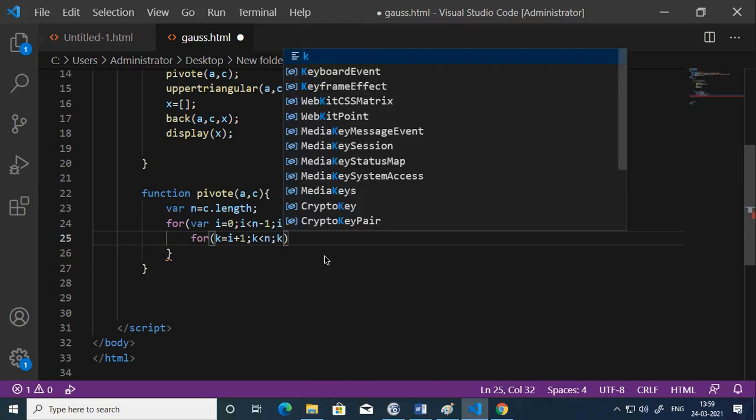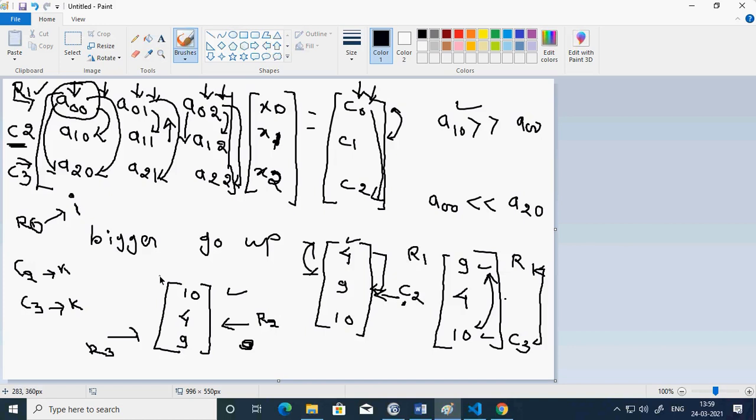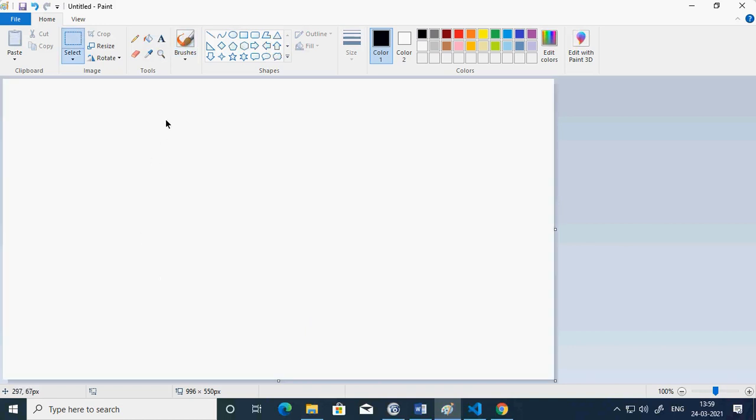And of course, the increment is by 1. So now I have both the rows. I have the reference row, I have the operating row or comparative row. Now it's time to compare whether they are greater or not. If the greater thing occurs, let's swap the rows, the first and the second. That is the task. So I just delete this one more time, okay.